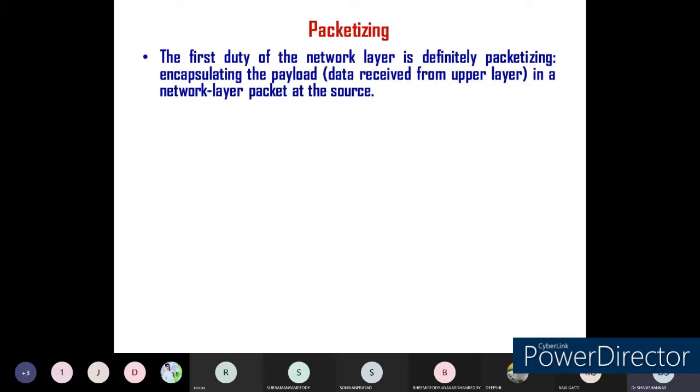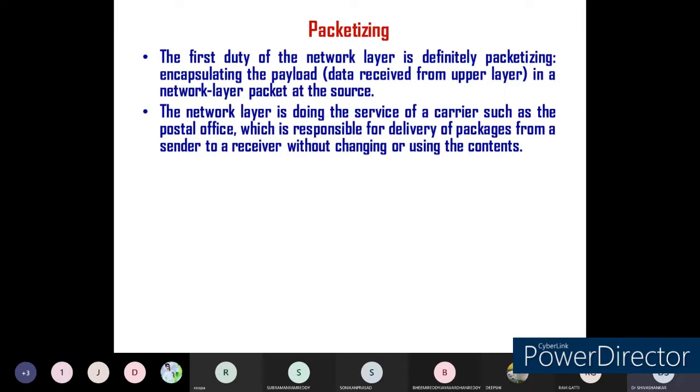Lower layer of the network layer is transport layer, upper layer is data link layer. So network layer should provide the services to the data link layer, means packet concept, standard packet format should be available in the network layer. That is called as network layer packet at the source. The network layer is doing the services of a courier such as the postal office, which is responsible for delivering packages from a sender to receiver without changing or using the